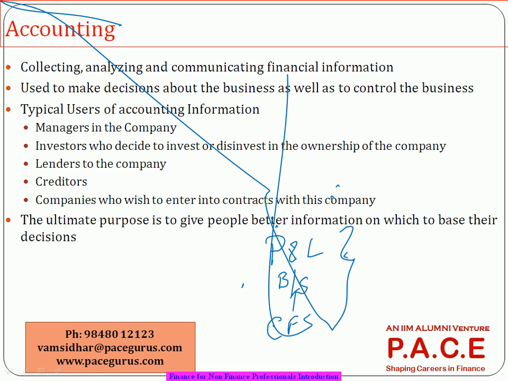The same applies not only to buying shares, but also from a bank's perspective. If they want to give a loan to a company, they will ask for financial statements, because the bank will see how good the performance of this company is and how authentic it is. All the financial statements need to be audited by an auditor. A chartered accountant is typically an auditor, the person who puts a stamp that all these financial statements are prepared as per the guidelines.